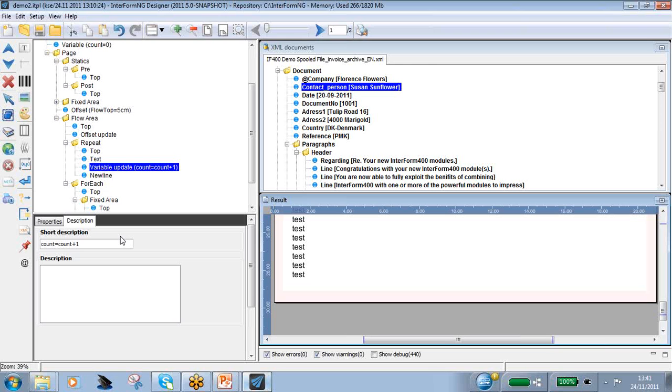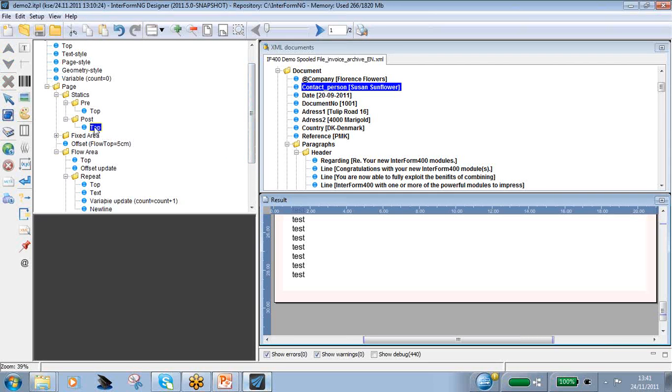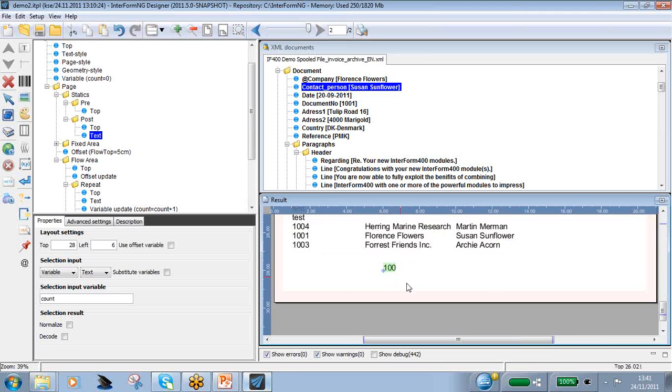So now I've made everything for my totals. The total is updated. I just now need to actually print it out, and I would do that in the post, adding a text. Say, well, I want this to be my variable count. I would like to print that out in the bottom here, so 28 centimeters from the top, like 6 centimeters in. So I now know that there was room for 49 lines on the first page, and in total I have 100,